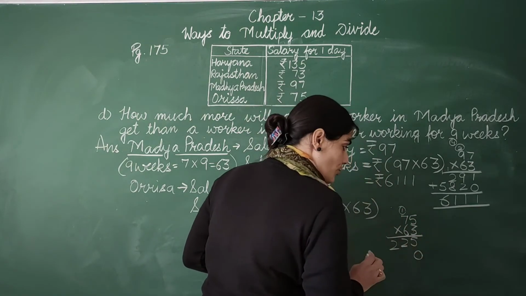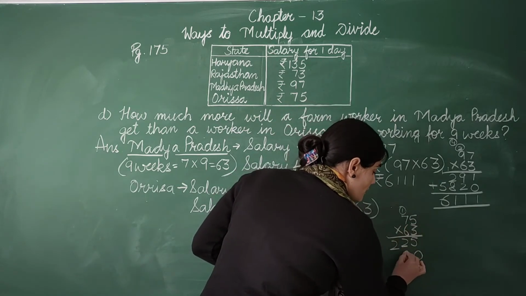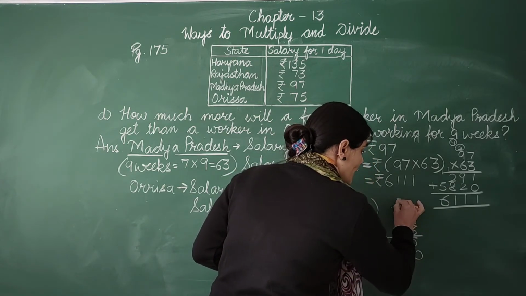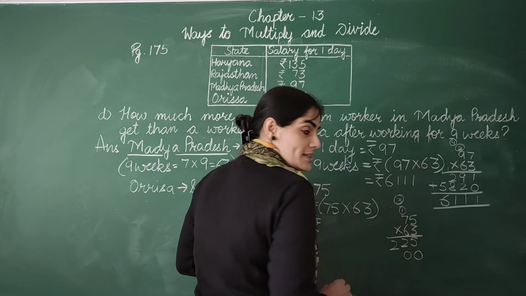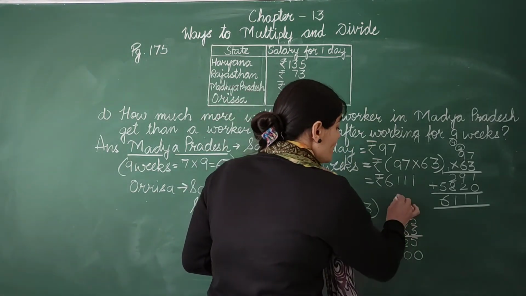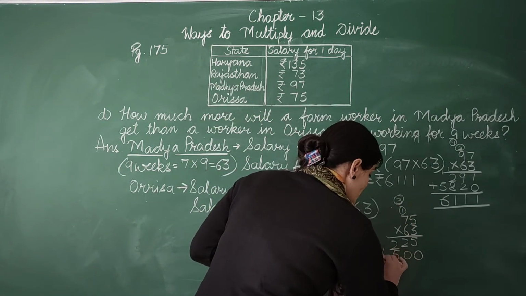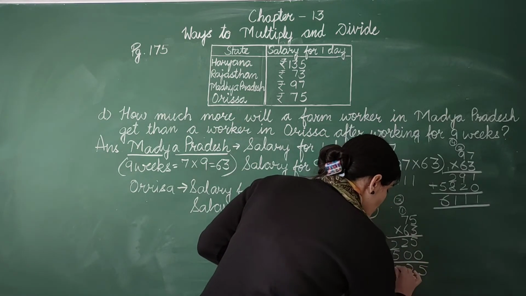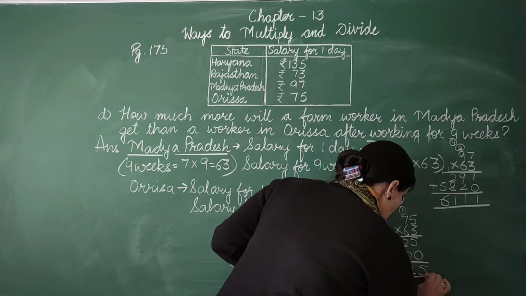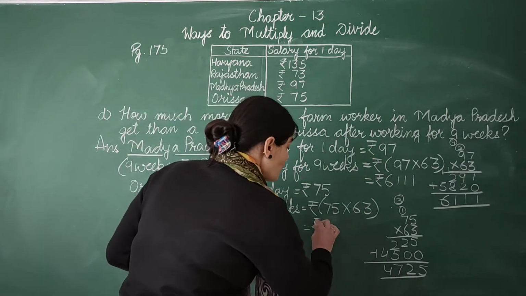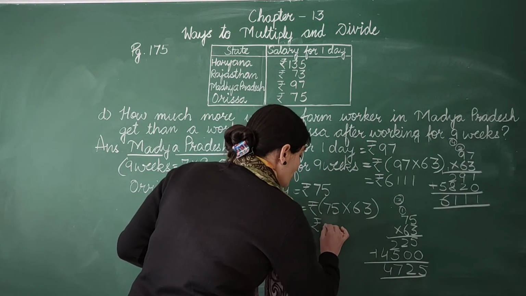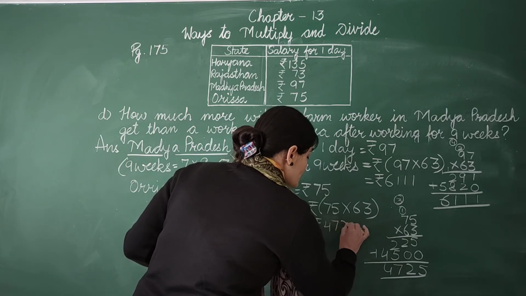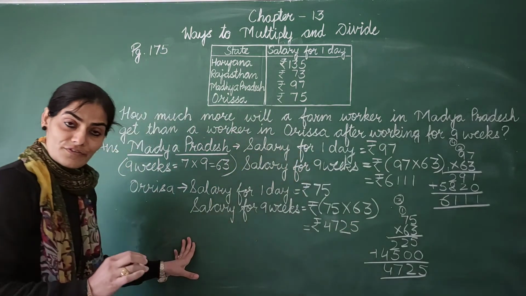I put a 0 here. 6 5s are 30. 0 I write and 3 I carry. 6 7s are 42. Plus 3 makes it 45. Let's add them, children. This is 5, this is 2, this is 7 and this is 4. So the salary for 9 weeks in Odisha will be equal to 4,725. Now